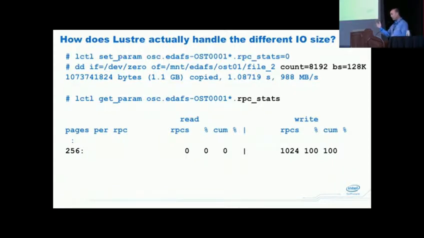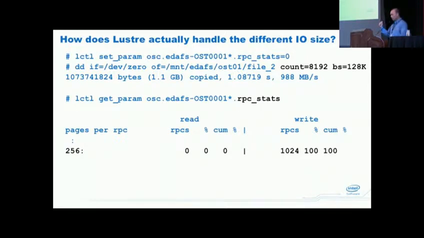It has a variety of statistics in that file. One of those statistics is the pages per RPC. Again, this is a histogram of the RPCs by pages per RPC. And so on a 4K page machine, which we had, we wrote out 256 pages per RPC. We did 1024 of them. Now, you might say that doesn't jibe with what you did. You wrote 8K, 128K byte writes. True,